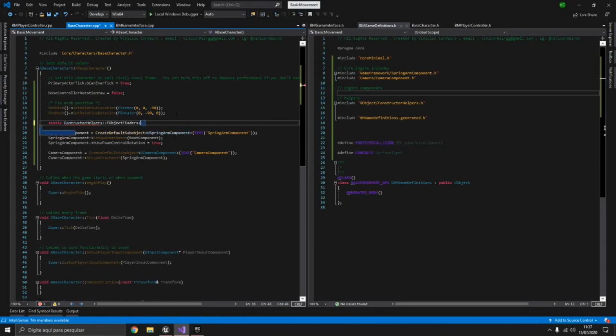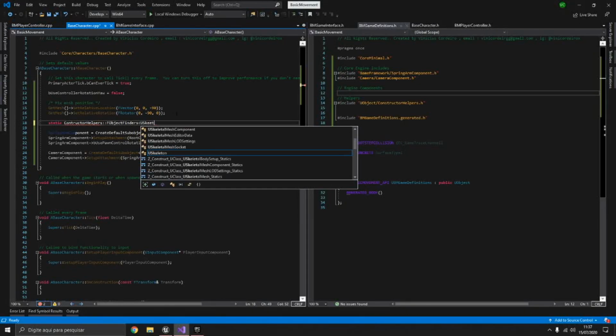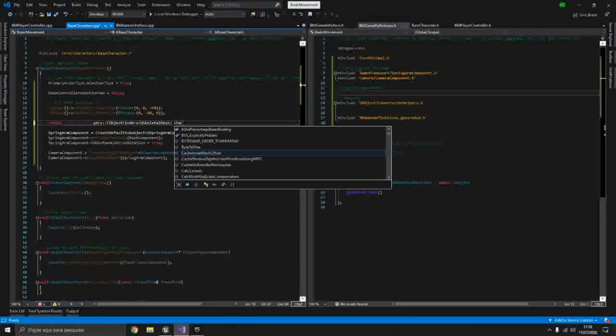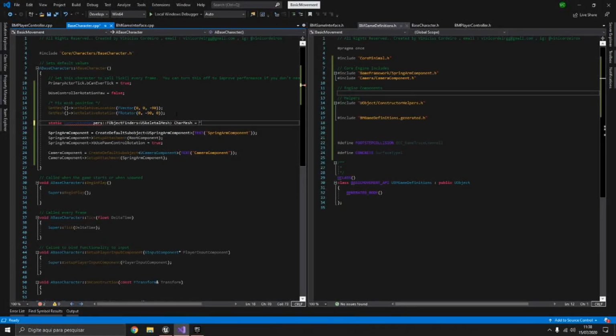Going to look for a skeletal mesh, so USkeletalMesh, and the name of this will be CharMesh equals, this will be the path to the mesh,